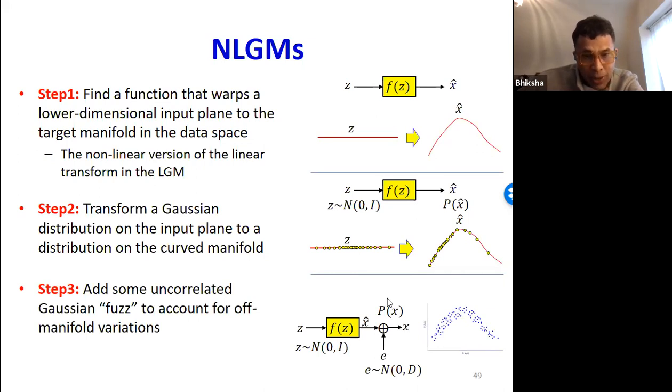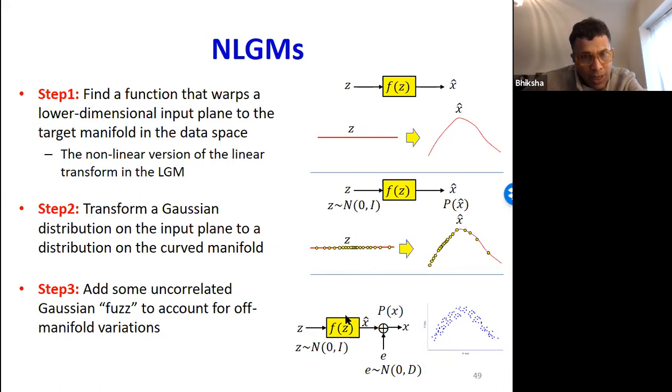And the actual generating process says that I'm going to start off with a Gaussian distribution here. I'm going to put it through this function, and that becomes a Gaussian distribution on this bent manifold. So every step of generation means I just take a Gaussian step on this twisted manifold. Remember, I'm calling it a Gaussian step, but the Gaussian step is out here because things are being twisted over here. It's clearly no longer Gaussian, right? But then having arrived at that point on this manifold, I'm going to add some Gaussian noise, which is some Gaussian fuzz off the plane.